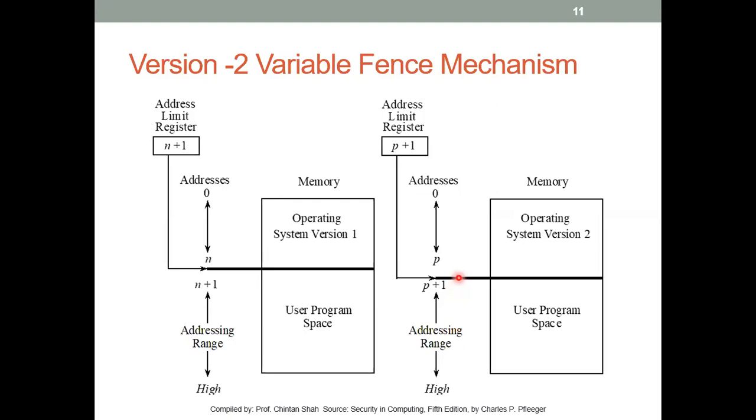If, for example, it finds out that the operating system requires only some space, then what will it do? It will move the slider up, and it will give a much larger portion to the user program space. But if the OS requires more, then it will be taken from the user program space. Now I have one question. It's a dynamic memory size, very good. What if my OS requires more space than the assigned space from 0 to p? 0 to p, if you can see here, is assigned to the OS, and p plus 1 to high is assigned to the user program space.